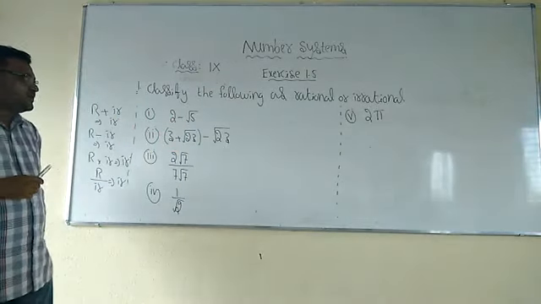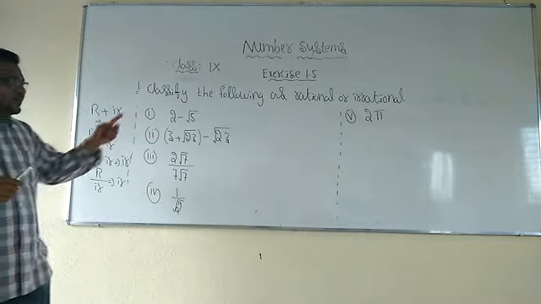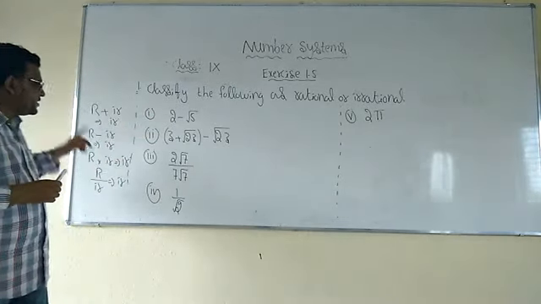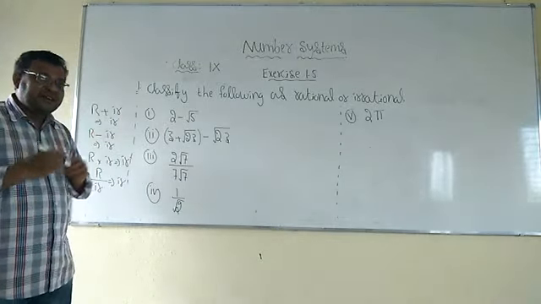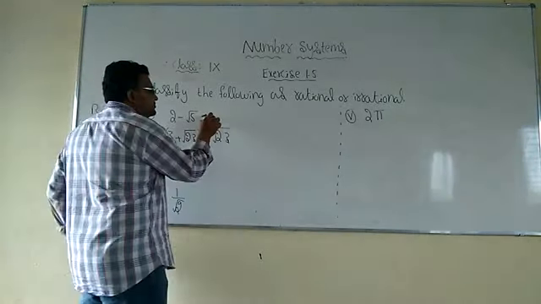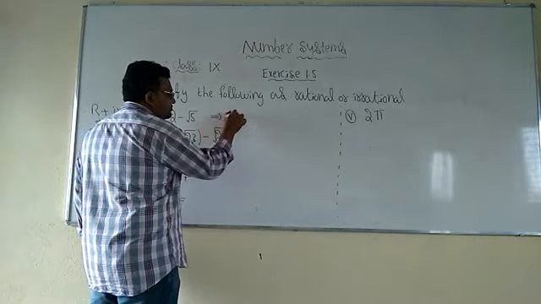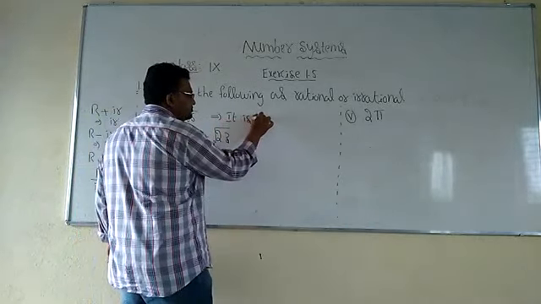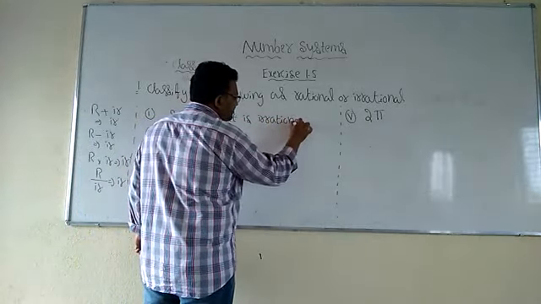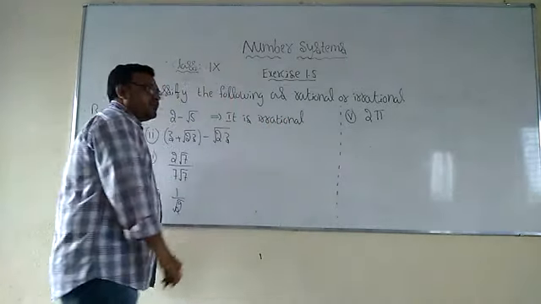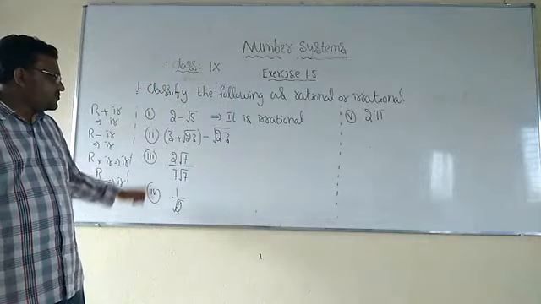2 minus root 5. 2 is a rational number and root 5 is an irrational number. As I told, the difference of a rational and an irrational number gives us irrational only, always. So it is irrational. And the next one,